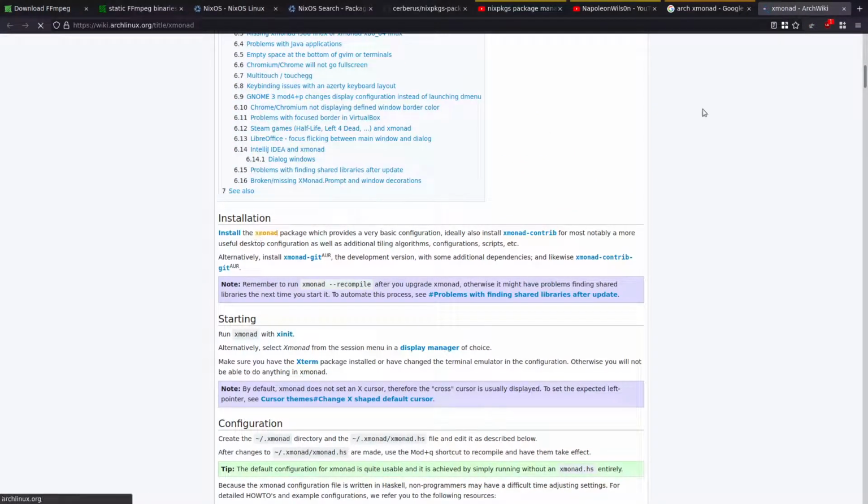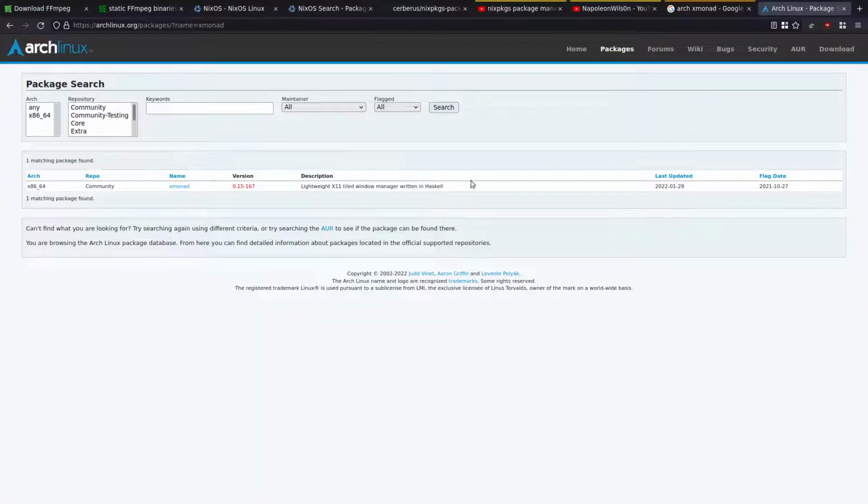The Xmonad package, let's see if they've actually upgraded it yet. You can see Xmonad on Arch Linux is still, I think, maybe 4 or 5 months after Xmonad 17 was released, they're still stuck on Xmonad 15. So although a lot of people like Arch, latest and greatest, there are cases where it